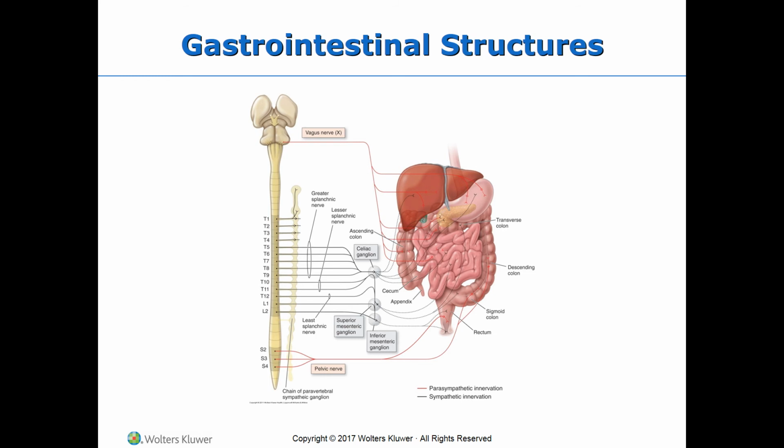And in here you can see the innervation of the colon with the sympathetic system and the parasympathetic system. So we have the innervation of the colon with the parasympathetic system through the celiac ganglion, superior mesenteric ganglion, inferior ganglion. So all of these fibers, the postganglionic fibers of these ganglions, go and reach the different regions of the